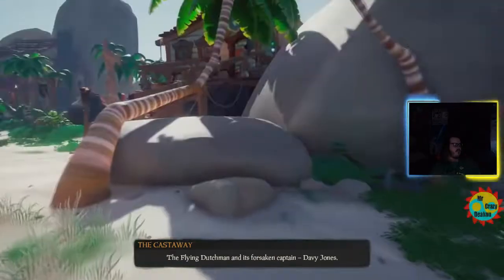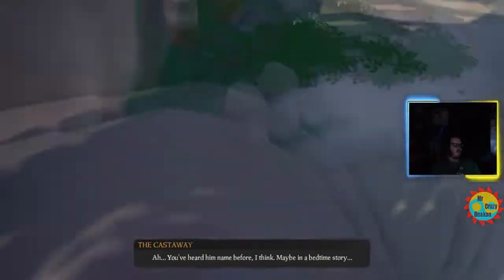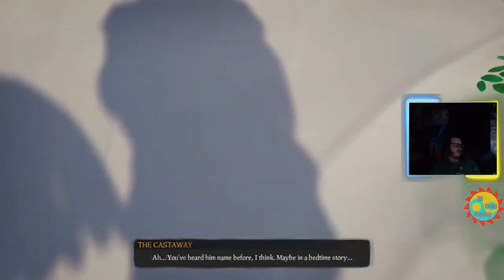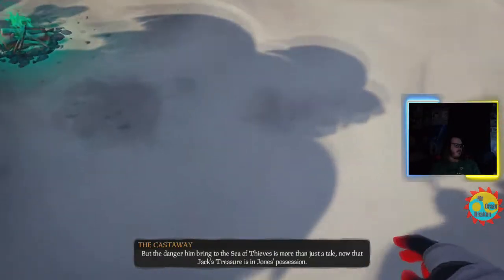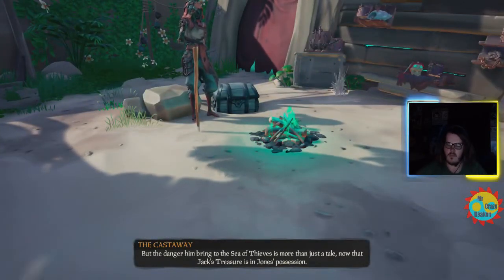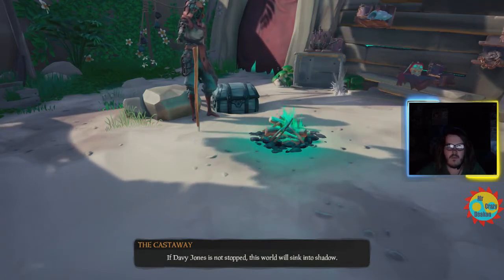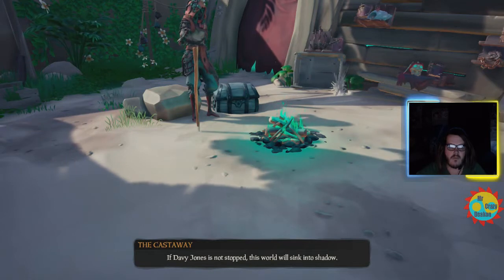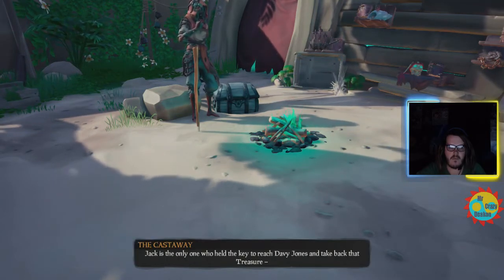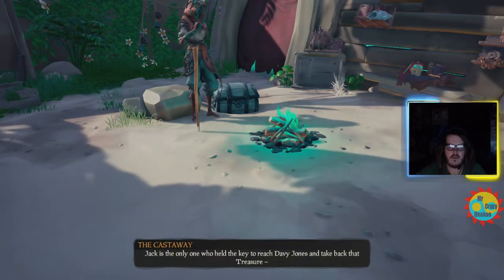David Jones. You've heard his name before, I think. Maybe in a bedtime story. But the danger he brings to the Sea of Thieves is more than just a tale. Now that Jack's treasure is in Jones's possession. If David Jones is not stopped, this world will sink into shadow. Jack is the only one who held the key to reach David Jones and take back that